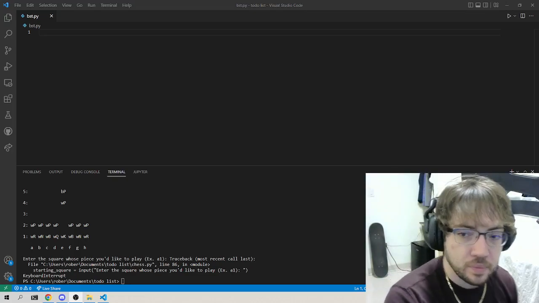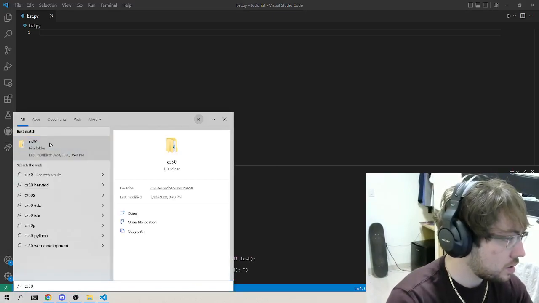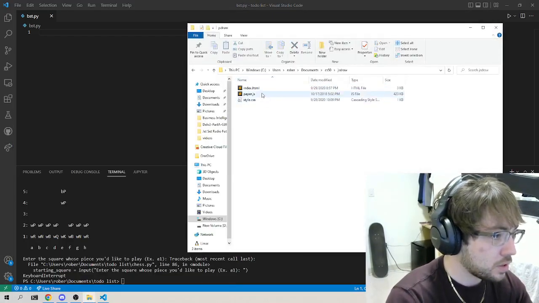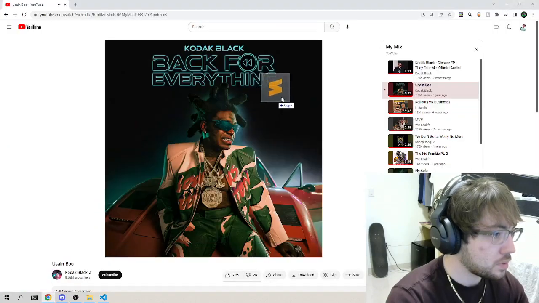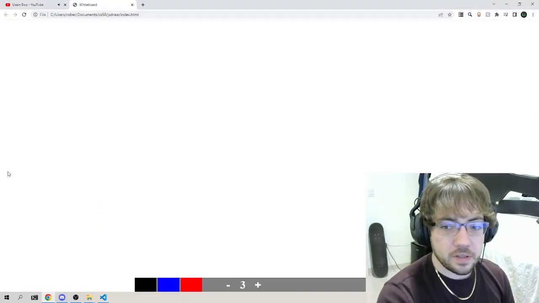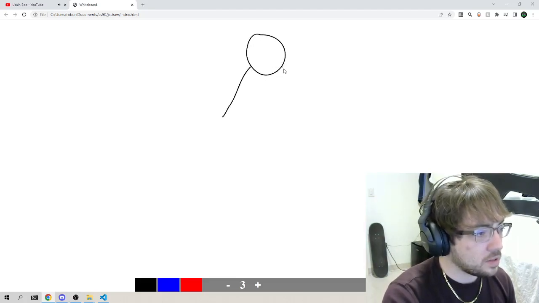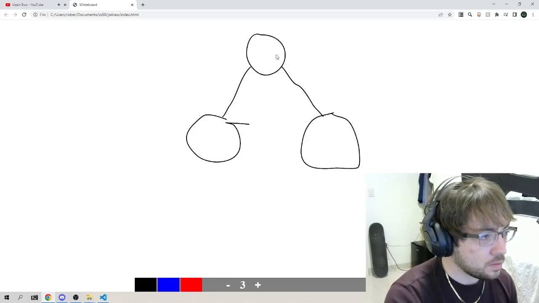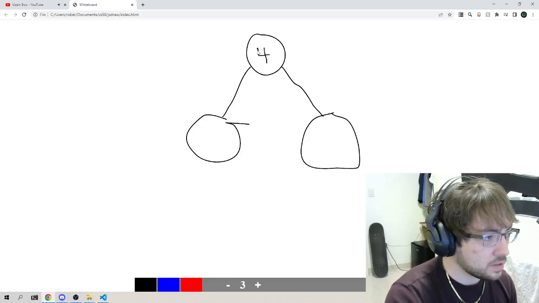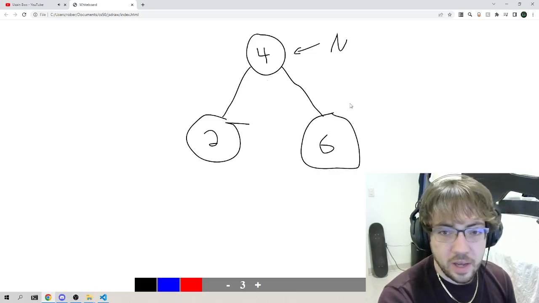Okay. So, binary search tree. I'm going to use this. So what is a binary search tree? It's a data structure with nodes and edges, right? So let's say this is 4 to 6, right? So we have nodes and we have edges,